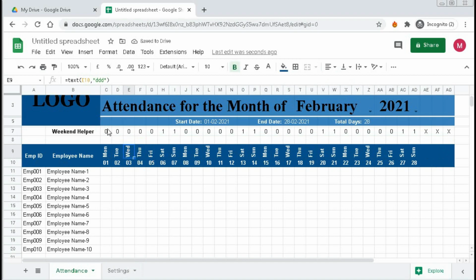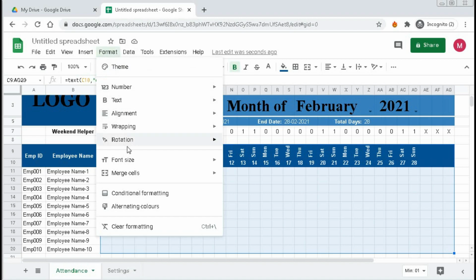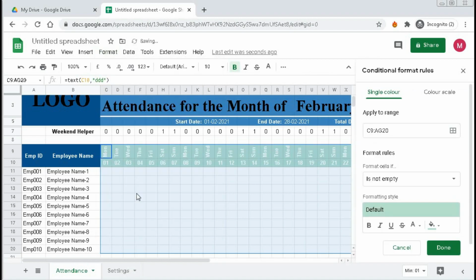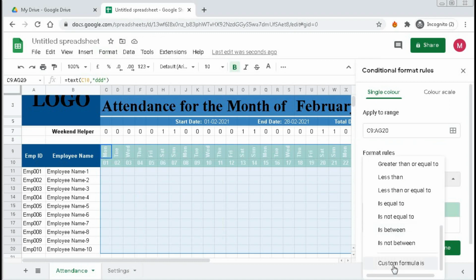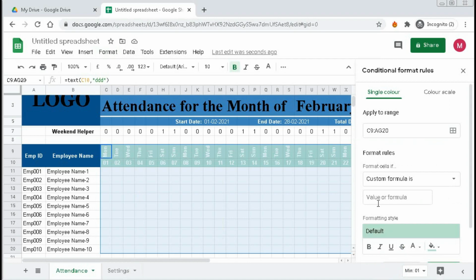So now based on these values, we will highlight the Saturday and Sunday. Select the range and go to format, conditional formatting. Then in format rules, select custom formula.